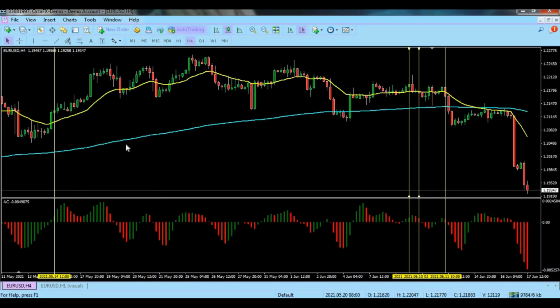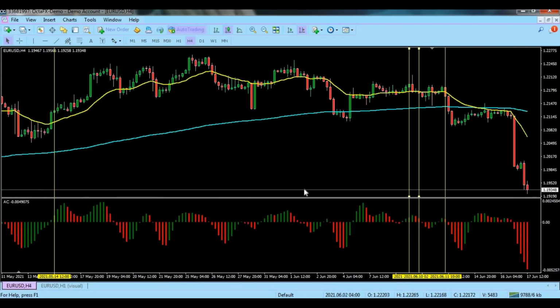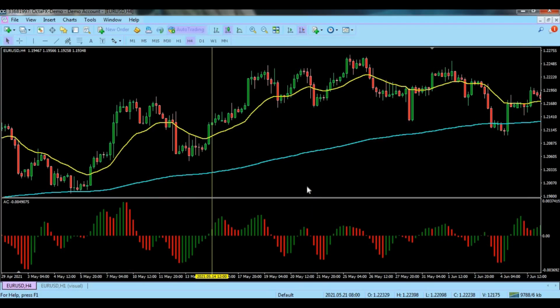If you check the H4 time frame, there also you can see the fast moving average is much above the slow moving average. In this place, the 3 conditions are met. To understand this strategy more clearly, I made it into an expert advisor. I will attach that expert advisor to the chart, and I will show you how this strategy works in real time, so that you can understand well.